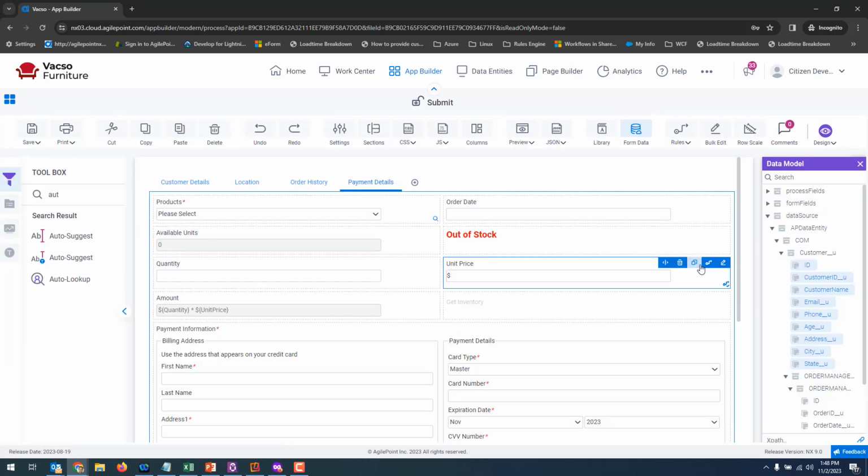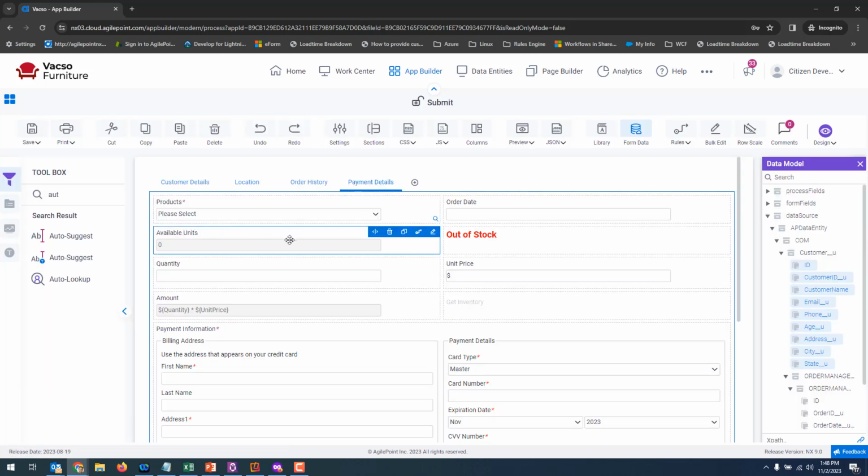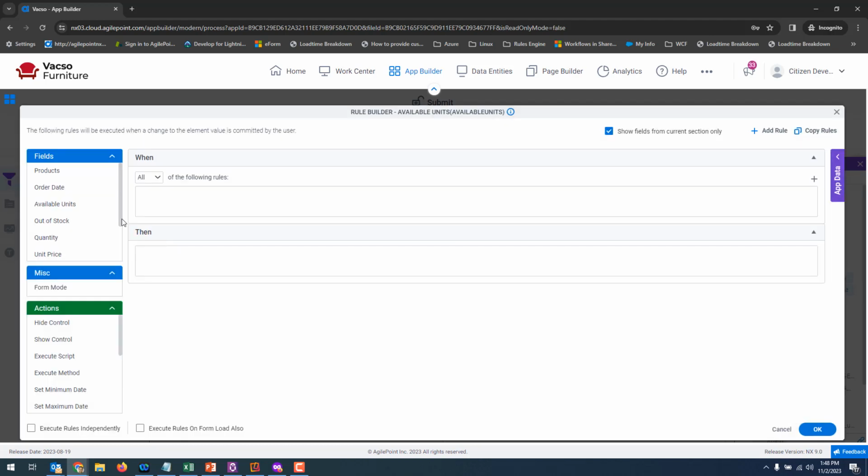I want to change the rule I had. I'm going to delete that simple rule I defined previously. There's no sense showing the rest of the controls if the product is out of stock. So I'm going to say if available units is equal to 0, hide control quantity,